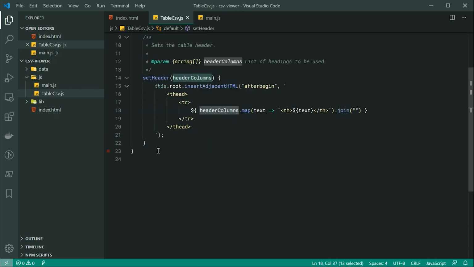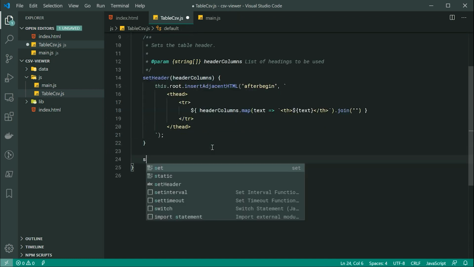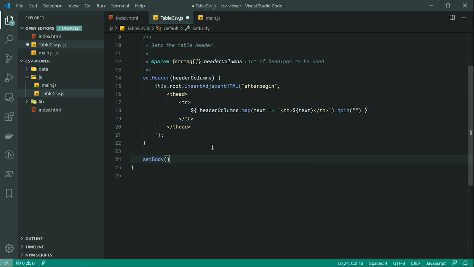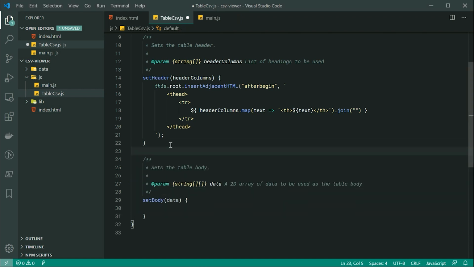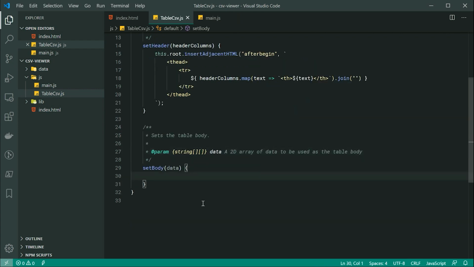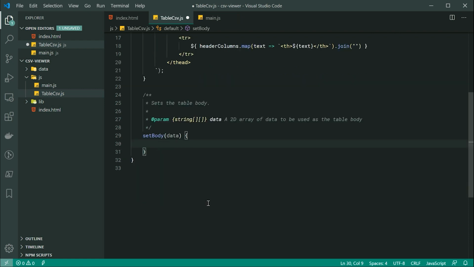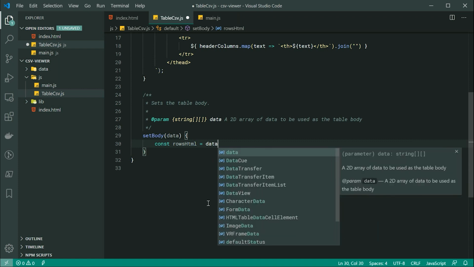Okay, so let's go down here, and we're going to say setBody. This will take the actual data, and this is going to be a multi-dimensional array of strings. I'm just going to copy the comment once again, which I wrote previously. And we can see right here the data is an array of an array of strings. So inside here, firstly, we're going to say const rowsHtml is equal to data.map